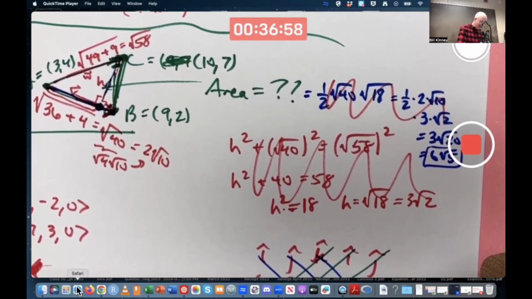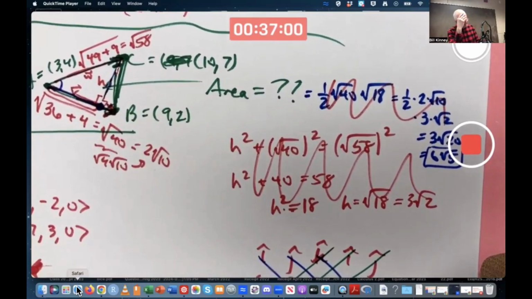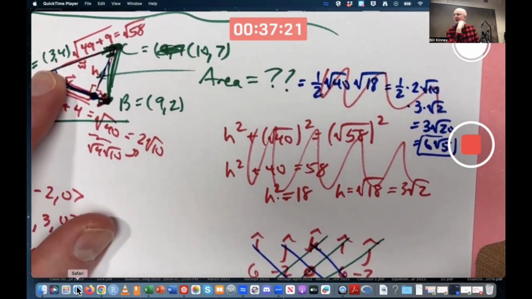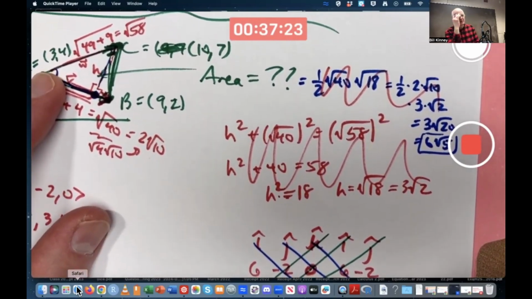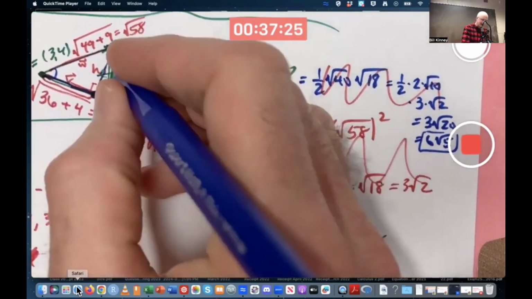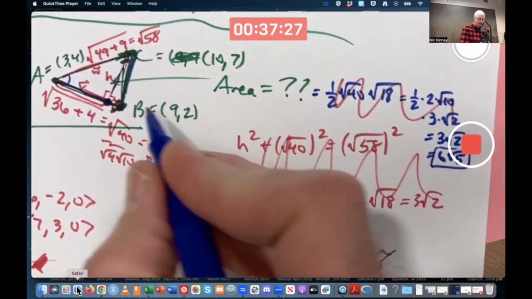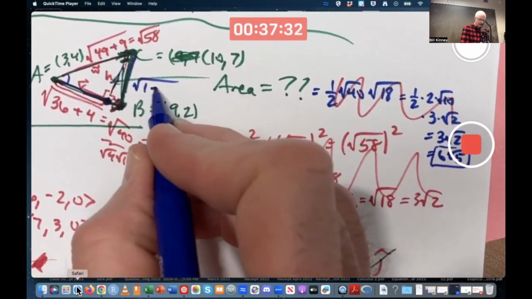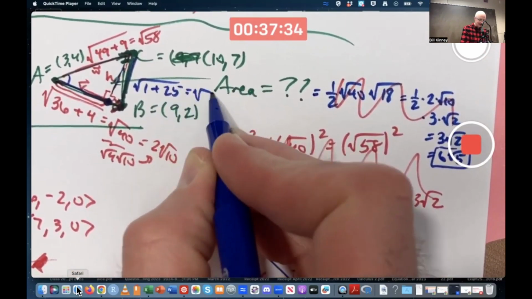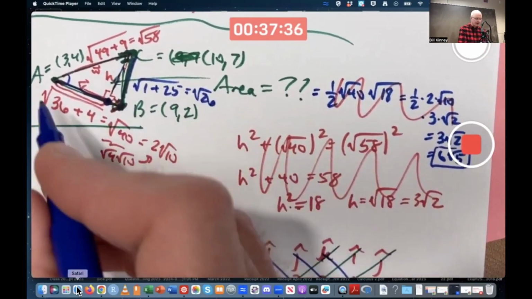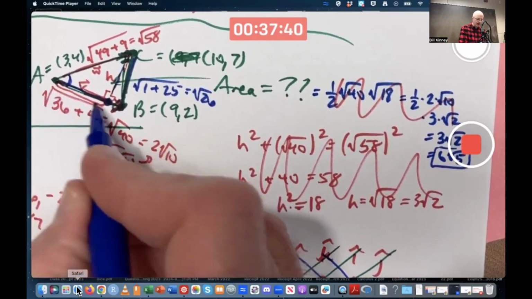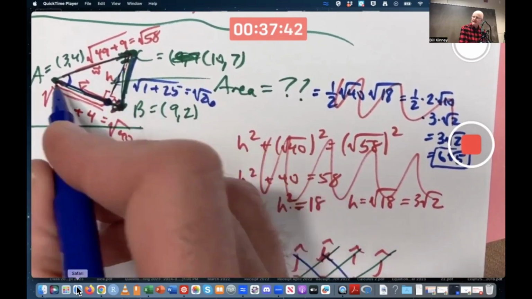I mean, we could try to find this angle and we could try to use trigonometry. Is that worth doing? But to find that angle, we need the law of cosines. Oh yeah, this is really getting into the weeds. I could find this length here to be square root of 1 squared plus 5 squared, square root of 26. I could then use the law of cosines to figure out this angle. And then I could use SOHCAHTOA to find this length and this length, to find the base and the height of this